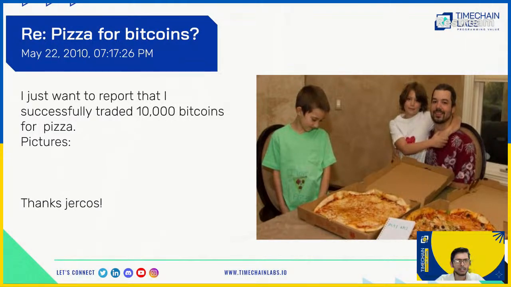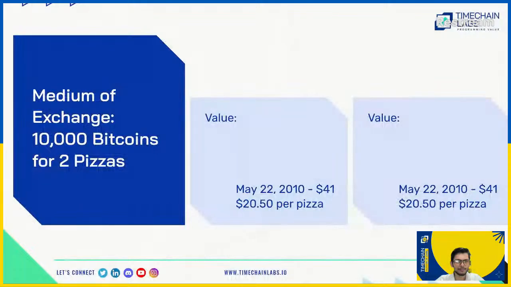The previous transactions were all happening physically, but if you can do a digital transaction with Bitcoin on the ledger in exchange accepted by somebody physically, then you have a price of Bitcoin, because the pizza got exchanged for 10,000 Bitcoins. And that's what gave it a price. So the pizza was $41 or $20 per pizza because there were two pizzas. And that gave it a price of 10,000 Bitcoins for two pizzas. And that's the first price of Bitcoin that got created in the market.